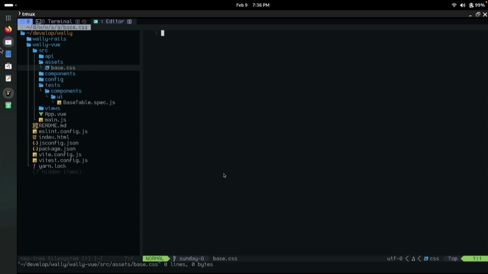So for now, the only thing that we need to do is something very, very simple. It's to reset all the styles. So we create, for all the styles, we assume this: margin 0, padding 0, box-sizing content-box,